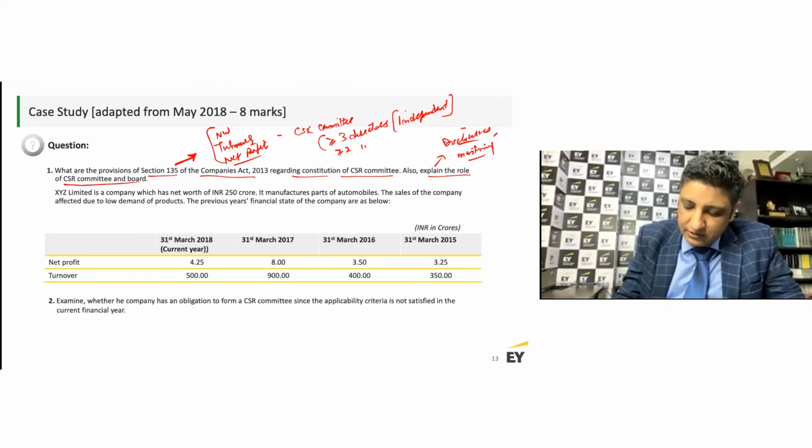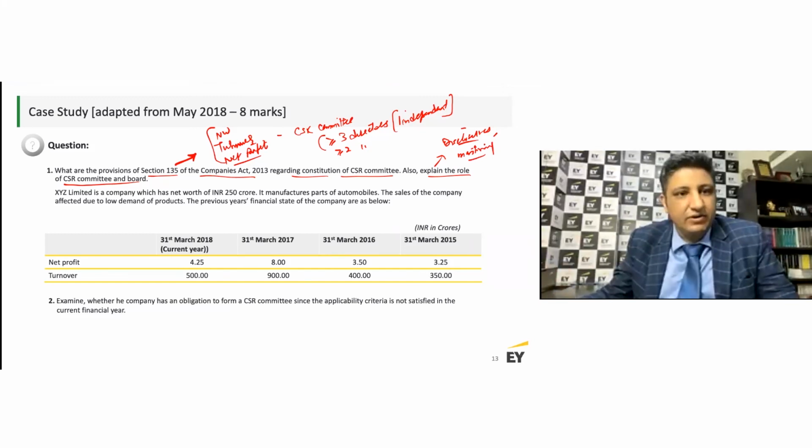right? Then, of course, further responsibilities, they need to align it, they need to disclose those amounts, they need to disclose why they could not spend the money, and if they could not spend it, they need to put it into an unspent CSR account, something that we've all read a while ago. Okay, so that's something you want to kind of disclose. It's an examination question, so you need to be a bit more aware of that and comfortable with that as